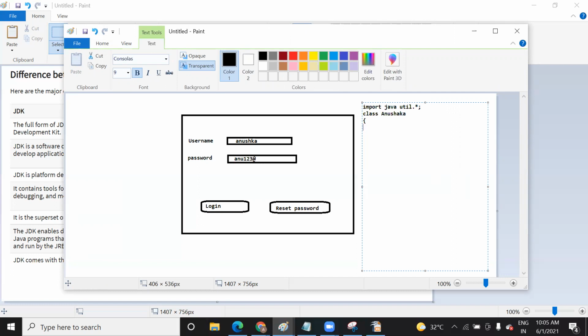I will explain what all of this means: public static void main and everything. System.out.print is used for printing whatever you want to print. Suppose you want to print, My name is Anu. Then just write it within double quotes within this instruction, System.out.print.